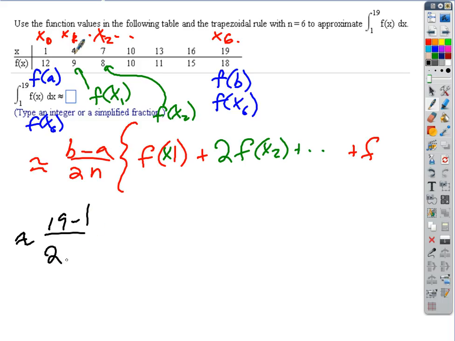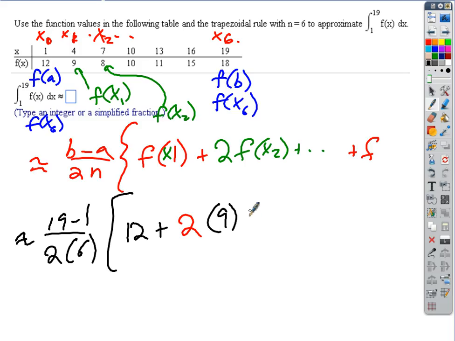That's n, the number of trapezoids. Times 12 plus 2 times 9 plus 2 times 8, see how we're getting this? Plus 2 times 10